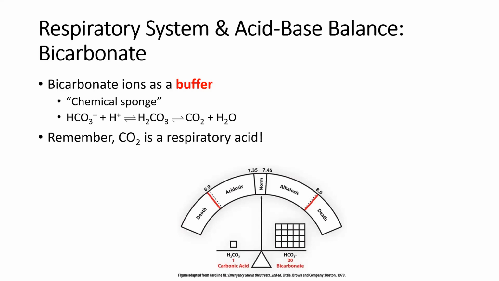the excess acid. Remember, CO2 is a respiratory acid. So this is the way that the respiratory system can lose that excess acid by blowing it off as CO2. And this ties into our ventilation, okay? If you're ventilating at an increased rate, you're going to lose a lot of that CO2, and that is a mechanism for the lungs to get rid of excess acid from the body by increasing the ventilation and blowing